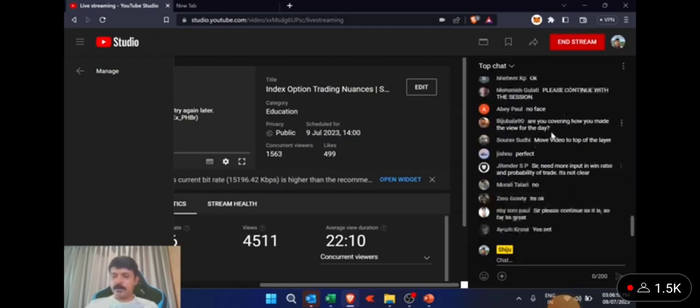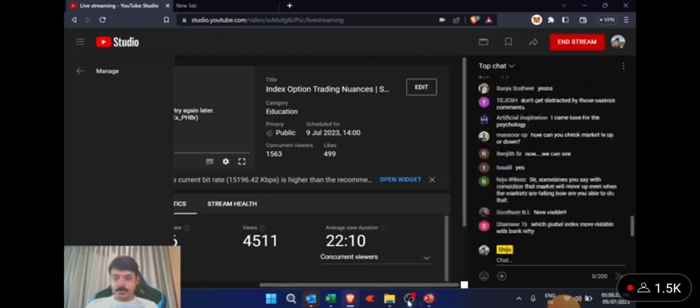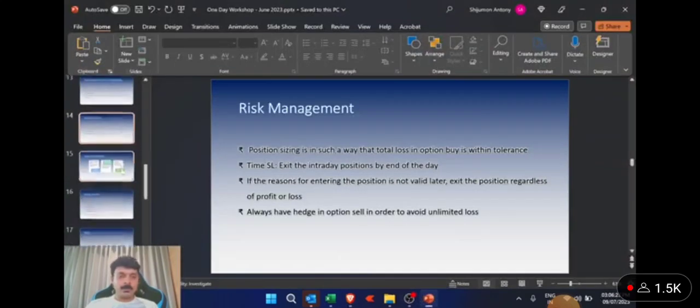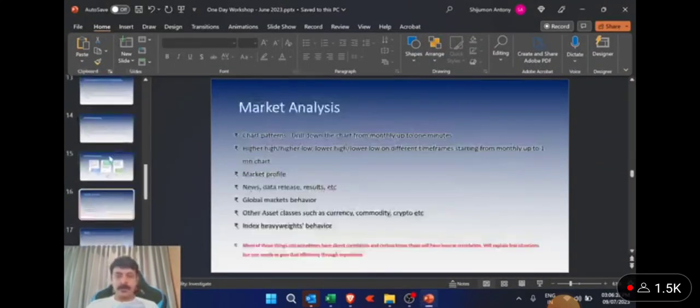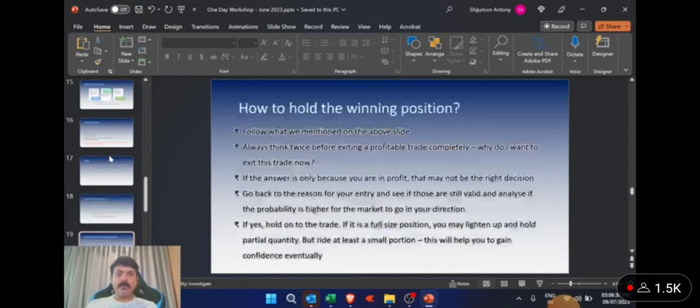Okay, I'll come to all of that. There are a lot of questions coming, so I will take the questions later, and probably I will go into a couple more slides. So right now we have risk management, then strike price selection, then how I do the market analysis. There is one slide. Then how I do the entry, how I exit, and how to hold the winning position,